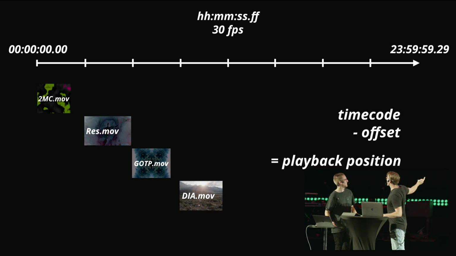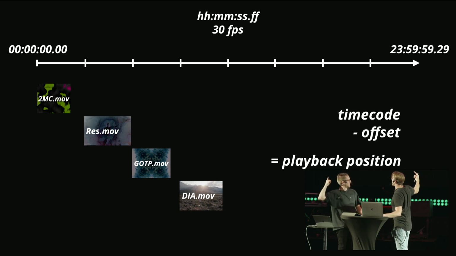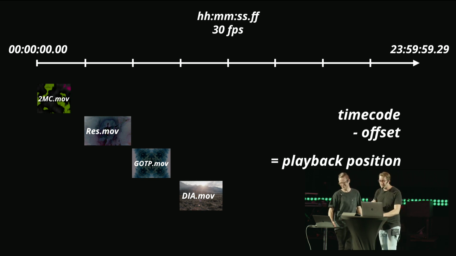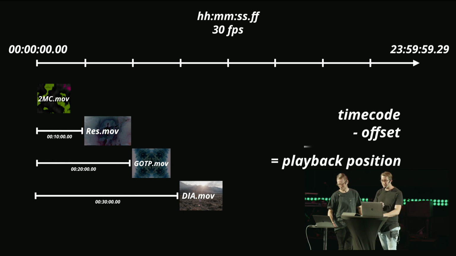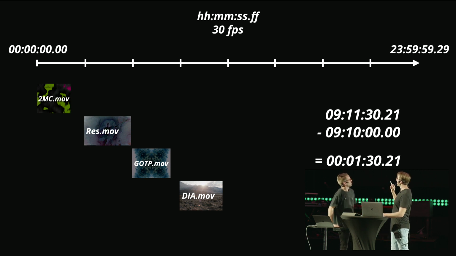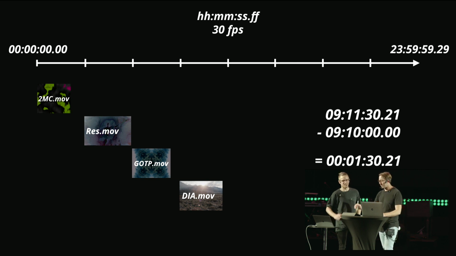So timecode minus offset equals playback position. Let's do a quick calculation. So, real practically, if your timer in Resolume says 9 hours, 11 minutes, 30 seconds, and 21 frames, and your offset and your content is set to 9 hours and 10 minutes, 0 seconds, 0 frames, that means your playback position is going to be at 1 minute, 30 seconds, and 21 frames. Yeah? Does that make sense? Questions? If you have questions on that,